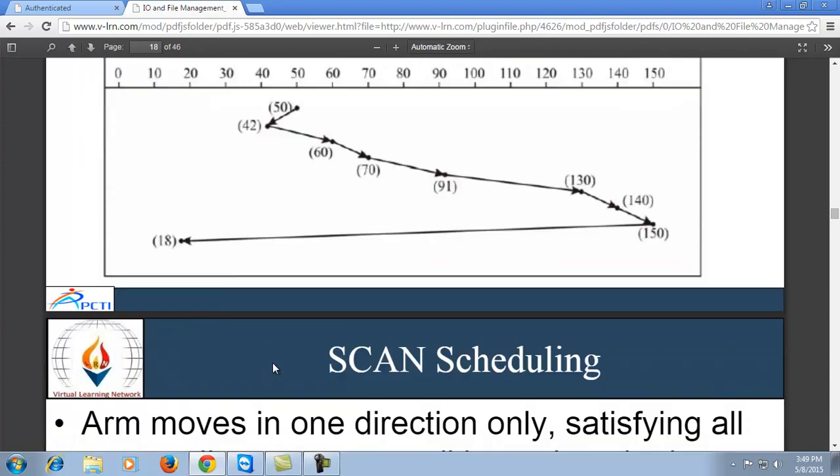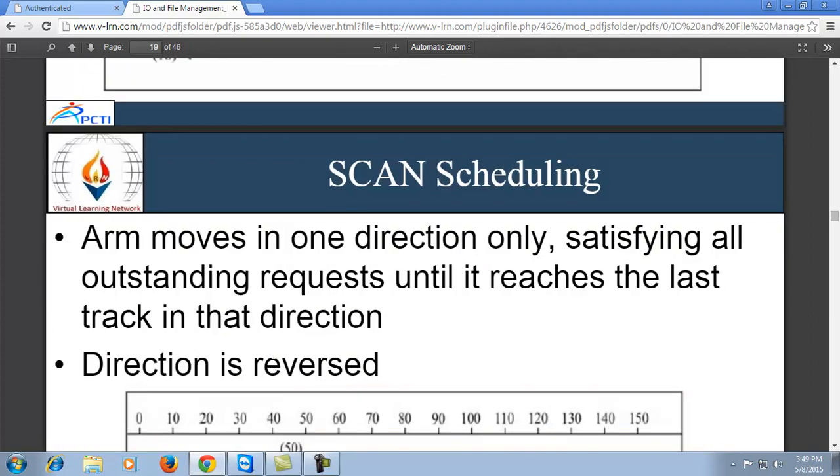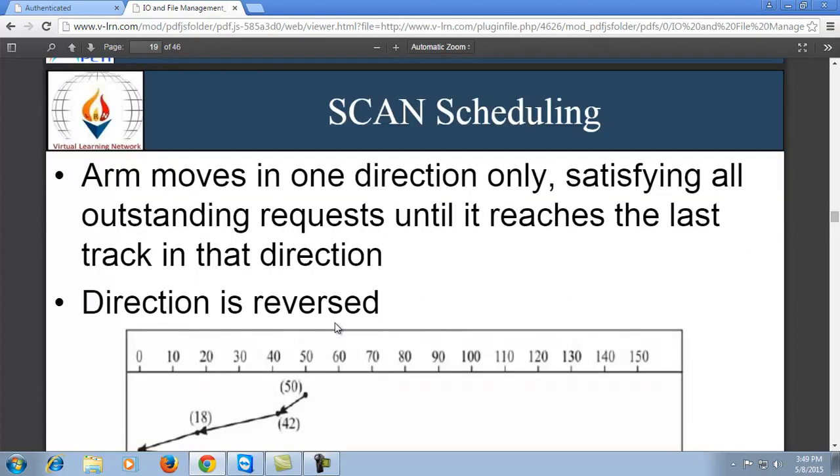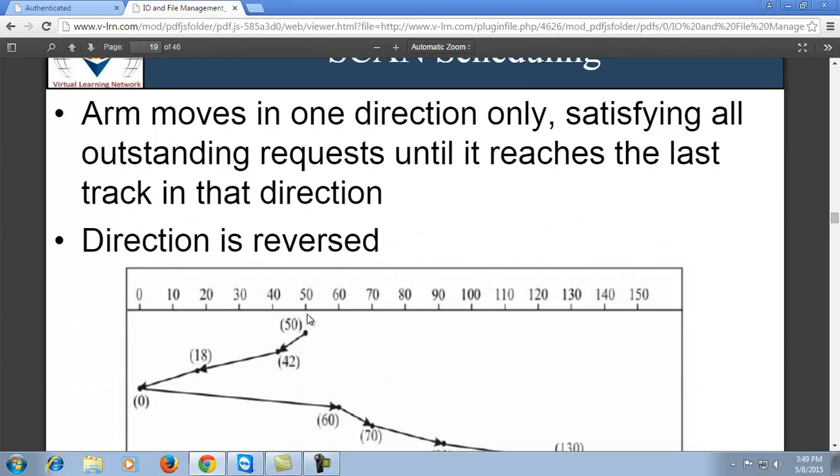Now the next is scan scheduling. In this, the arm moves in one direction only, satisfying all outstanding requests until it reaches the last track in that direction. When we go in one direction, then we'll complete all the nodes which come in the same direction. Like we are at 50 and we move for 42, then we'll go the same way till the end position, covering every node in this direction.